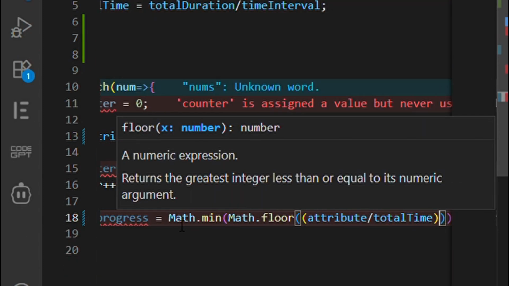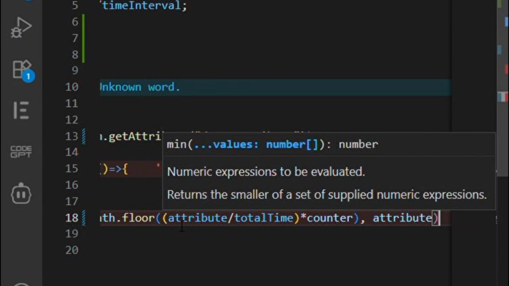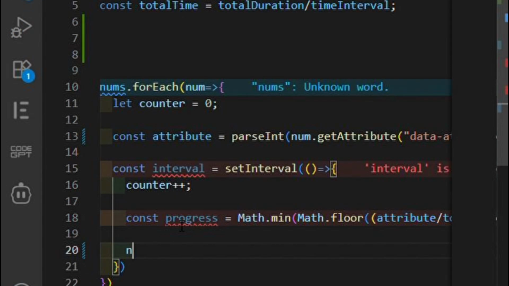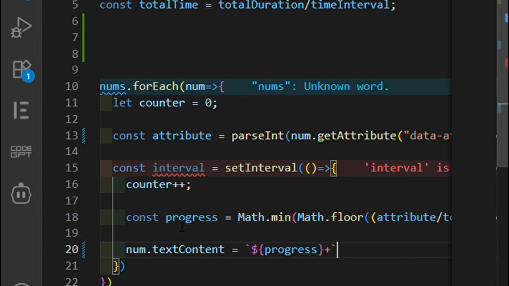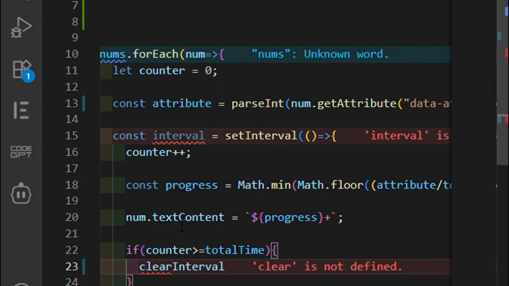Attribute over total time calculates how much of the target should be covered in one step. Counter multiplies how many steps have passed to get the current ideal progress. Math floor rounds down the whole number we want to display. Math min ensures to always show a number less than the attribute. And the final step is to display the numbers on the page. I used backticks because I wanted to add a suffix plus to my display. And after that, we added an if statement to stop repeating the timer so the code no longer runs,